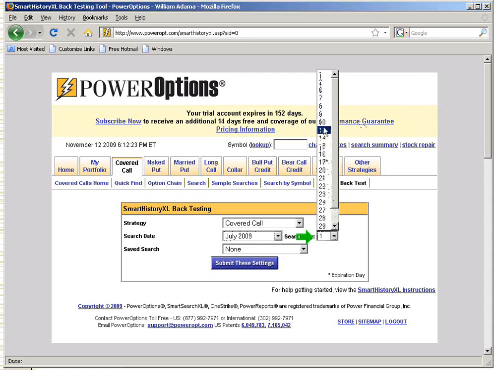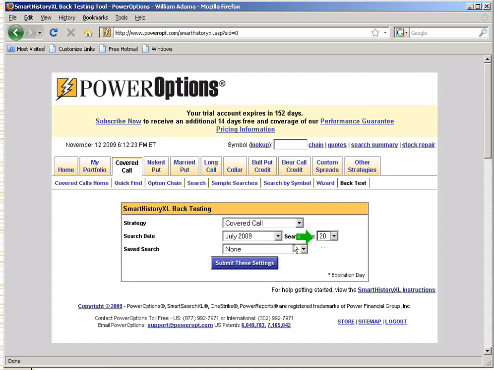Even if there is a holiday, it will not appear, neither will the weekends. That's why I have the big gap between 2 and 6, because we had the 4th of July weekend in there. But this one here, you see I'm hovering over the 17th of July, which has an asterisk next to it. This was the expiration date. So let's say that we're going to pretend we started opening positions Monday, July 20th, the day after